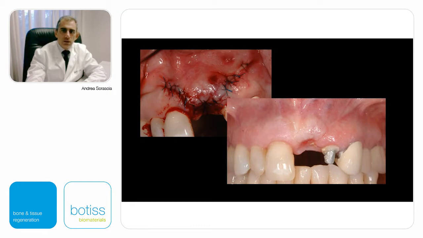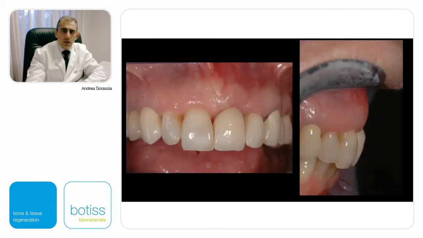Healing after 21 days. And this is the follow-up after 1 year. We can see, observe the proper thickness and the profile of the crown in relation to the